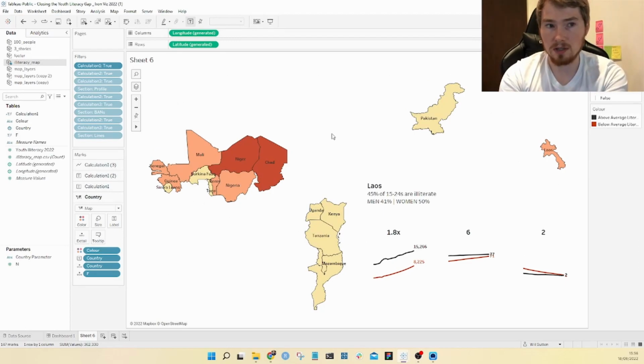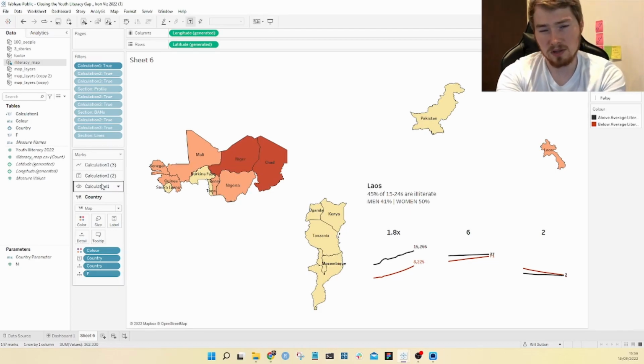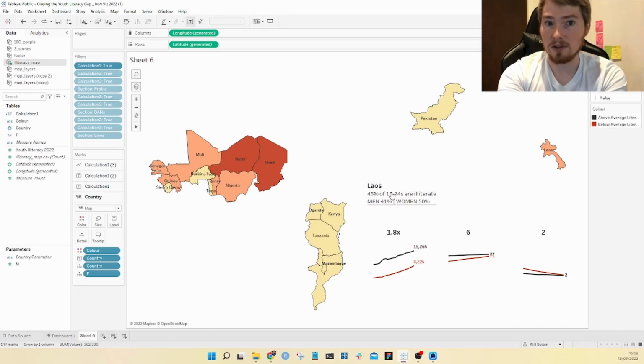In the sheet there are a few things going on. The predominant one is the country map, which is the normal kind of thing, but I've used a technique called map layers here to show this section here. These are now charted as points on a map: this title, these big numbers, and also these line points here as well.